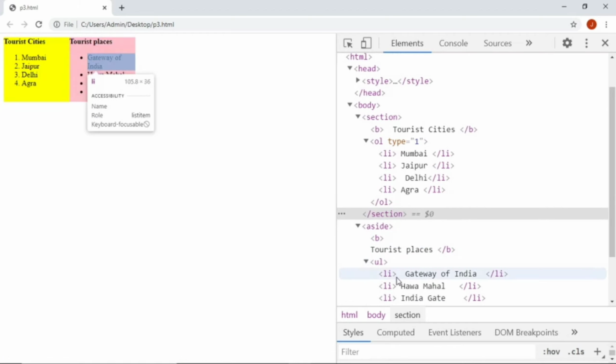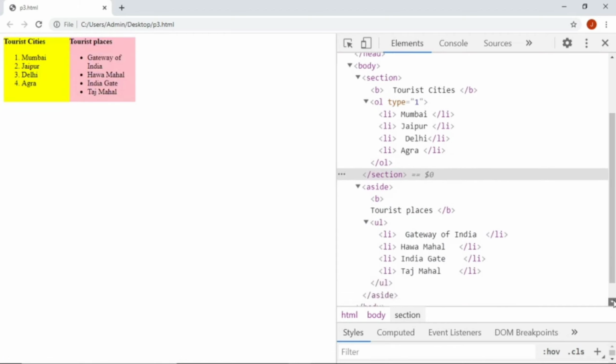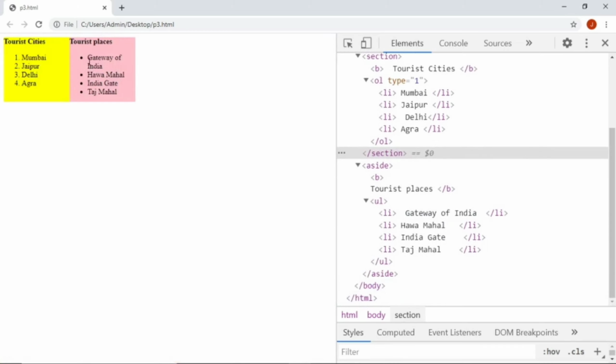And then we can use the unordered list for specifying the tourist places. So you can see this bulleted list, and we specify the unordered list tag, UL tag, for this, and all the list items have been specified within the opening and closing of the list tag.